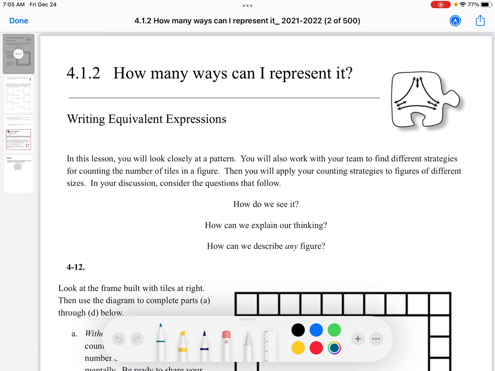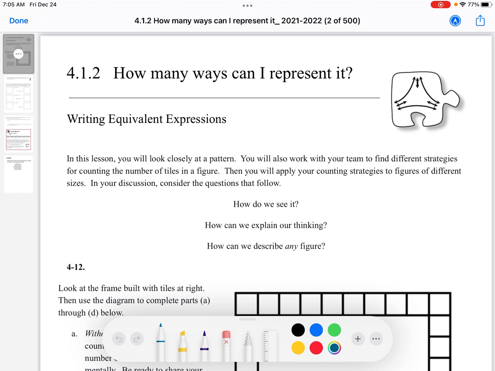All right, here is the video for 4.1.2, and what we're going to do is work on writing equivalent expressions. In this lesson, you'll look very closely at a pattern. You'll work with your team to find different strategies for counting the number of tiles in the figure. Then you will apply your counting strategies to figure out